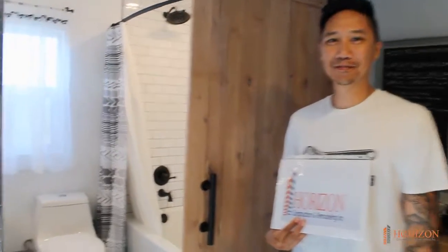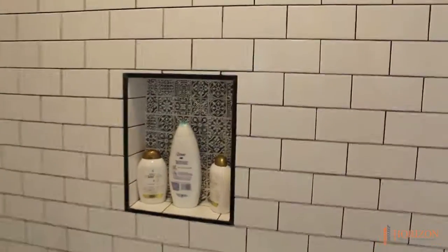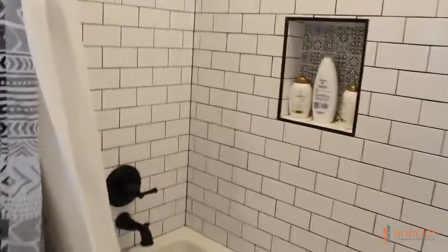I will show a little bit close-ups here. Here is the floor Cris was telling us about. Look at this cool design, and the subway with the dark black grout and the very unique accent inside of the shampoo. We have a vanity, of course,